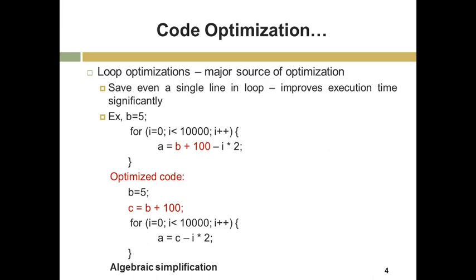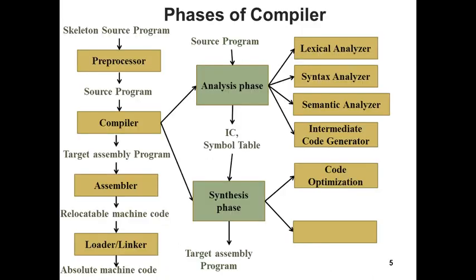So there are various statements or various sources where code optimization can be performed. The majority of the optimization will work on loops. After code optimization, it will give the same output, intermediate code, but now it will be optimized intermediate code that will be given to the last phase of the compiler, that is target code generation. This phase will generate the target assembly code or machine code.